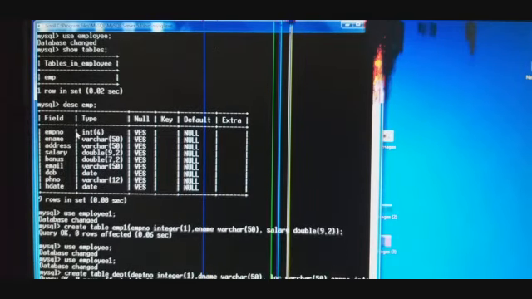Afterwards I had explained the desc command, that is the describe command. Describe is used to display the structure of a table in tabular form. Here you can see that it provides the list of fields, data types, size, null values, constraints, default, and extra if anything you might have given.